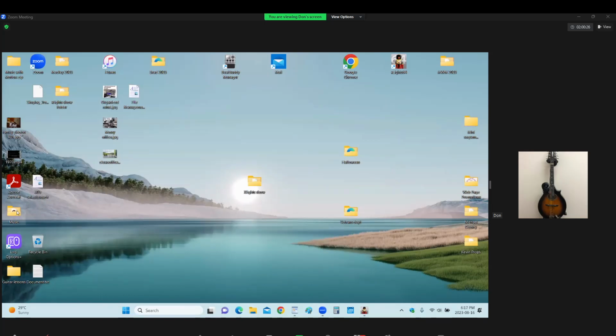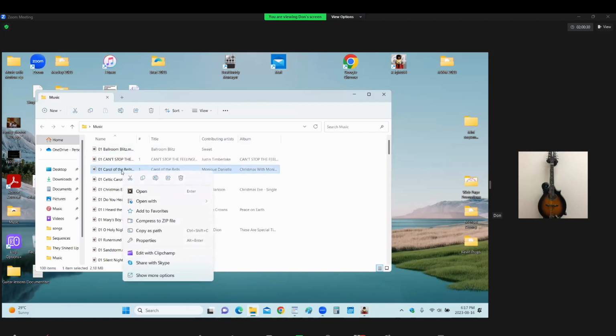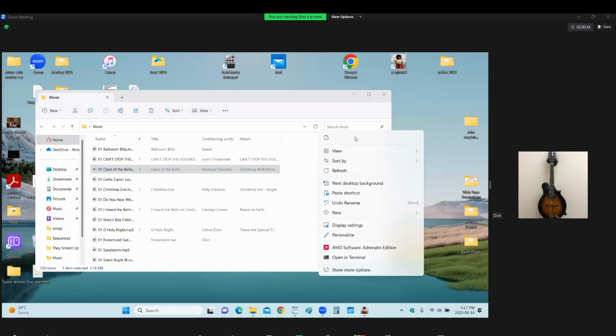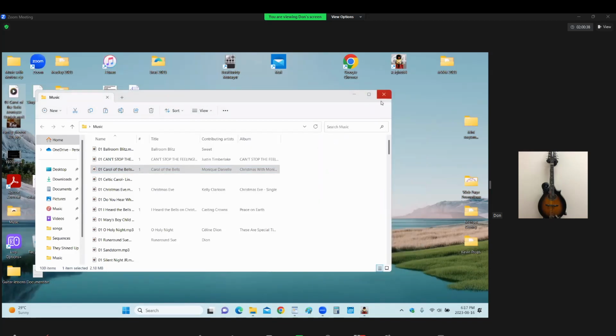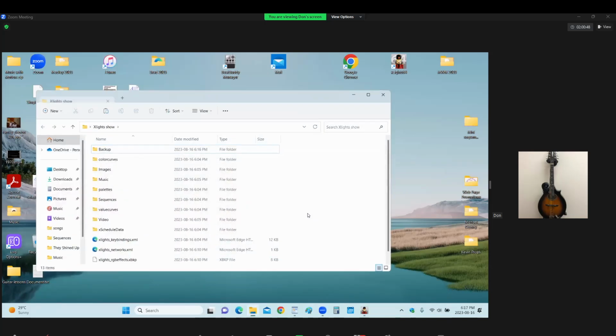So I've got a music folder here, and I'm going to copy this. We're just going to go Carol of the Bells, and I'll paste it over here. And I think there it is up here. So again, file management. See how it says 01, Carol of the Bells? When I drop this into the music folder,